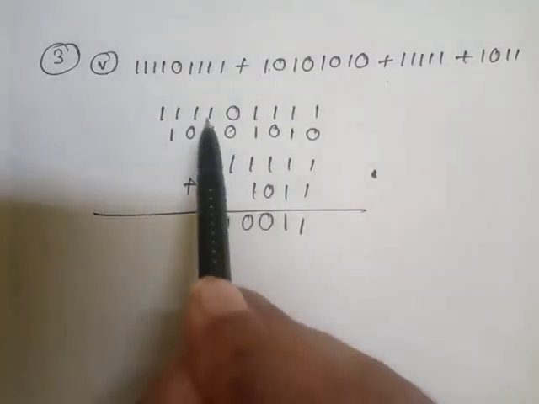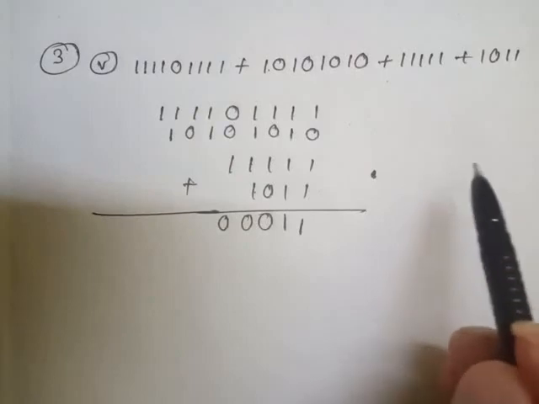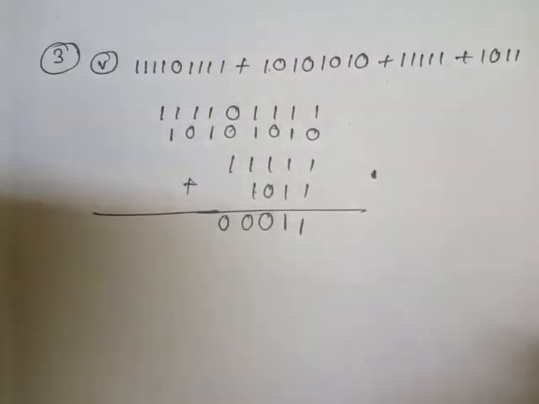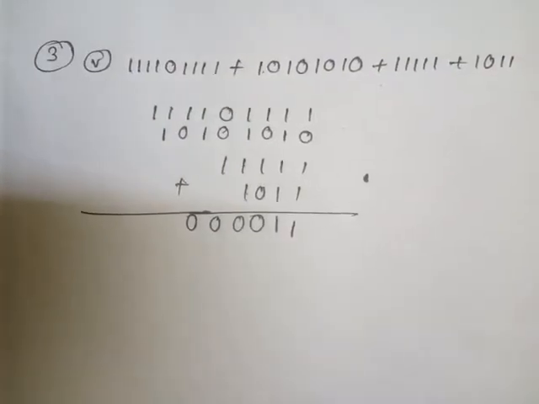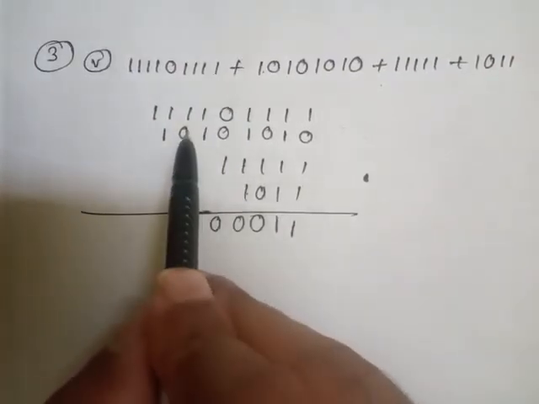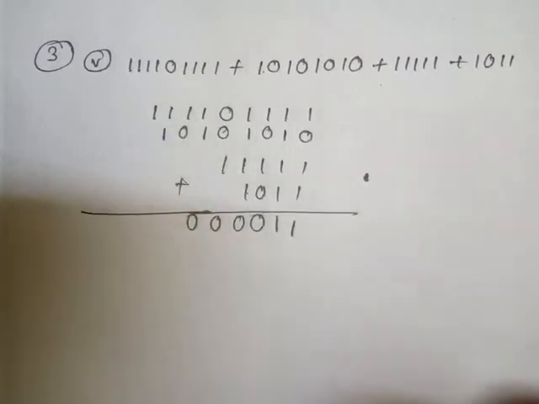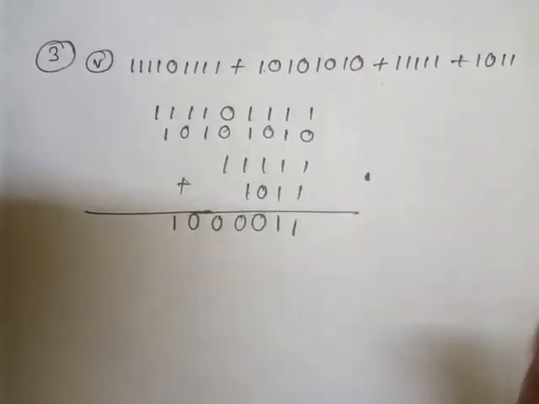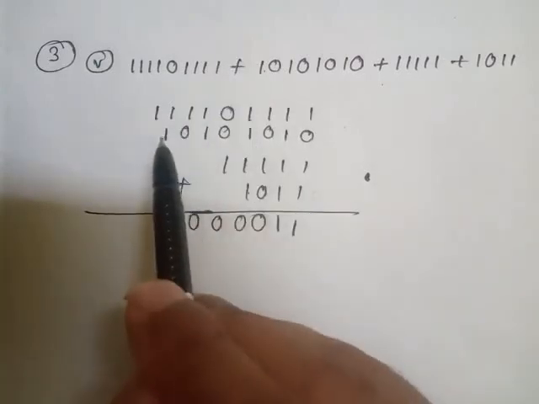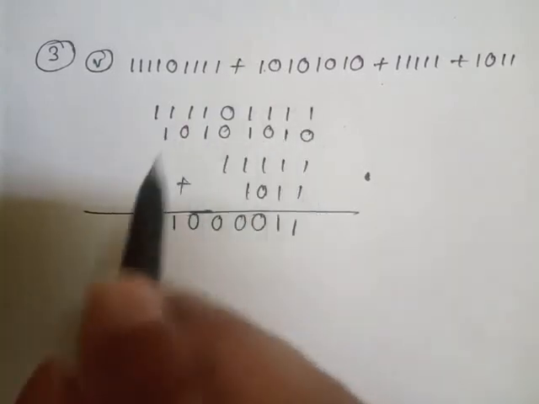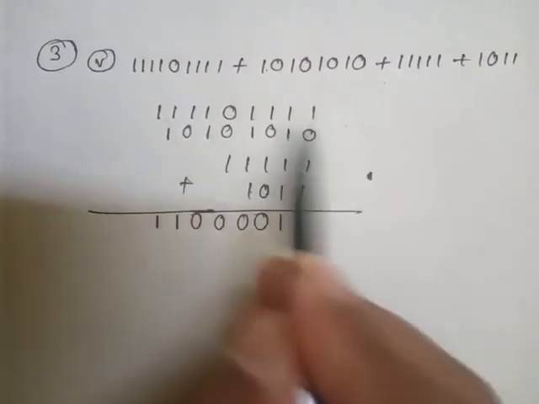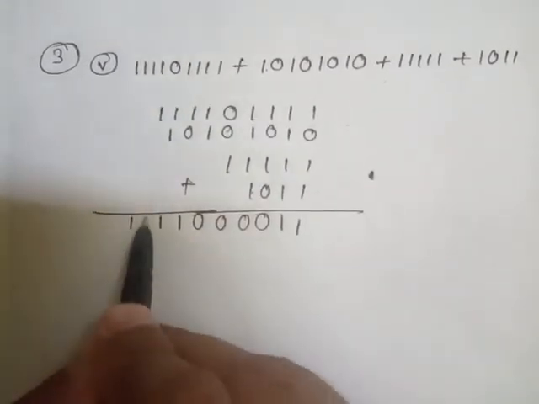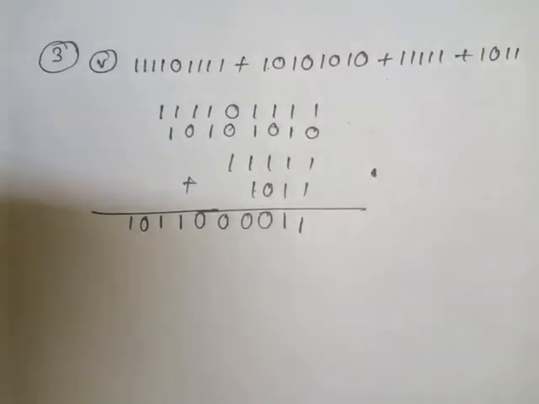Now look here, 1 plus 1 is 2. 2 plus again 10 as carry means again 2, means 4. 4 means again 0 and carry will be 10. Now 10 and plus 1 means 3. 3 means 11. 1 carry 1. So 1 plus 1 is 2, means 10, and again carry 1 means 1 will be here. And last one is carry 1, then 1 plus 1 is 2. 2 means 10 in binary.